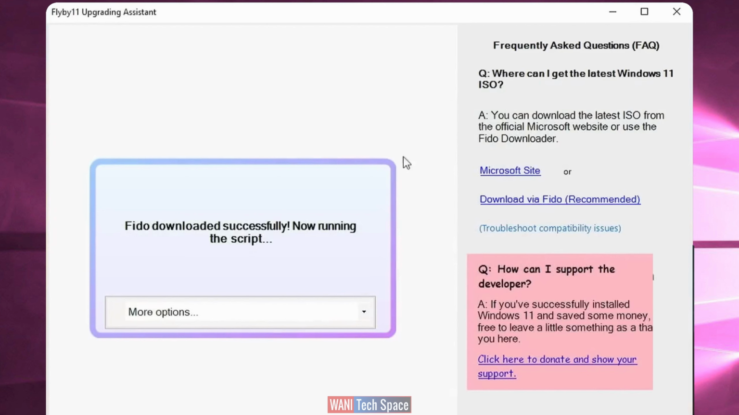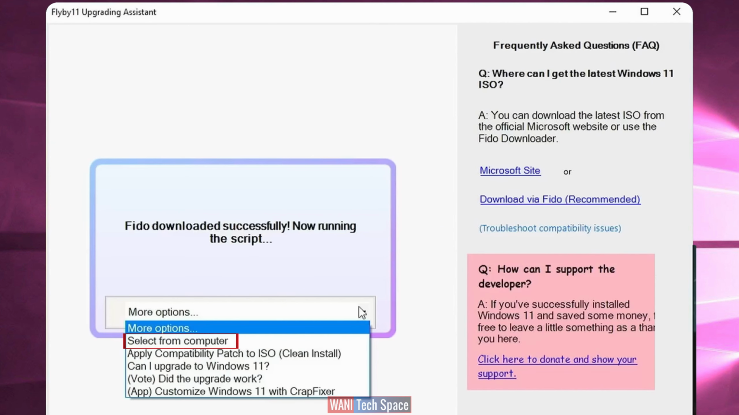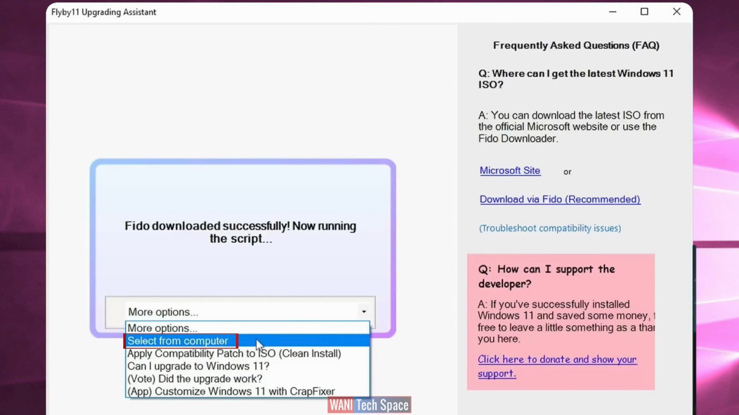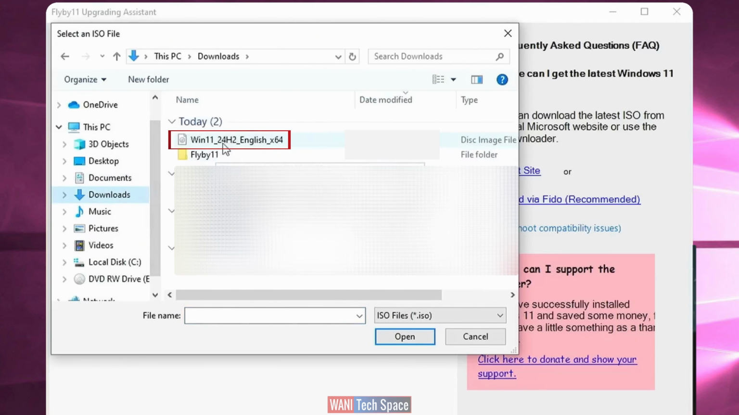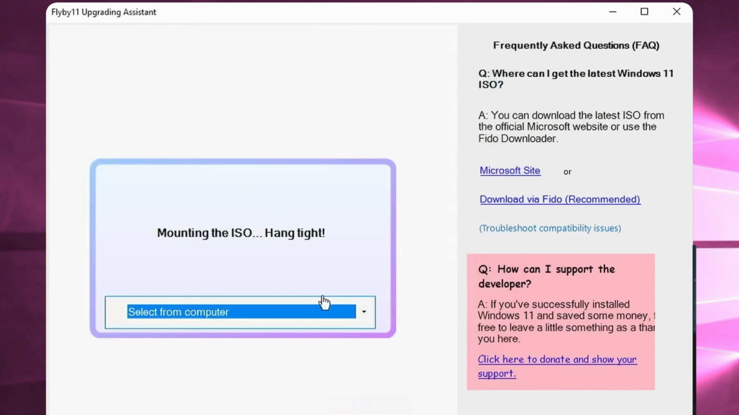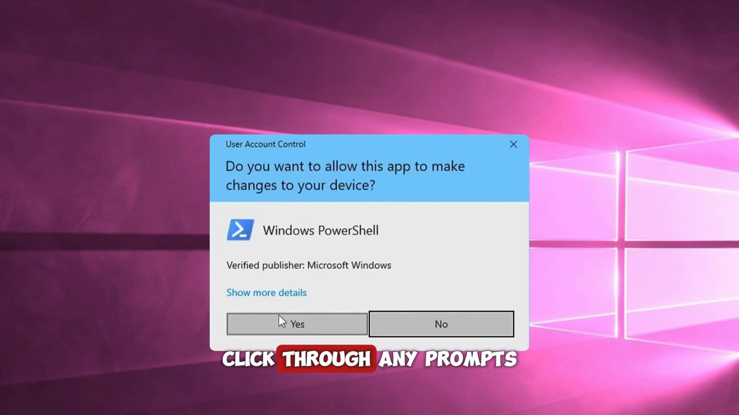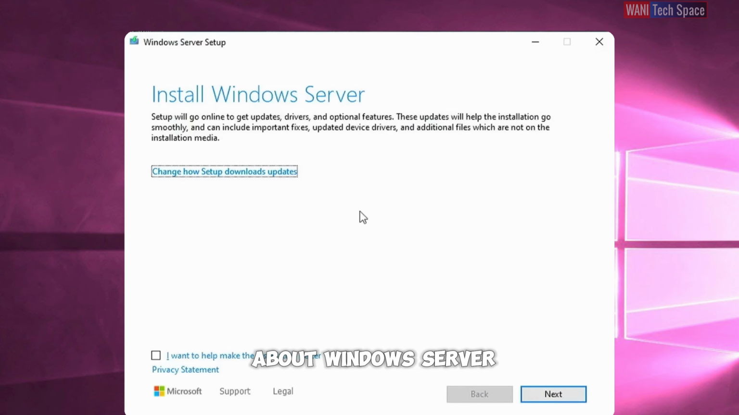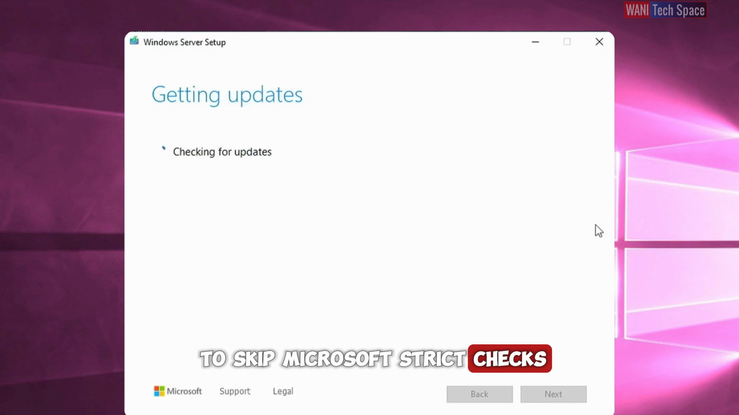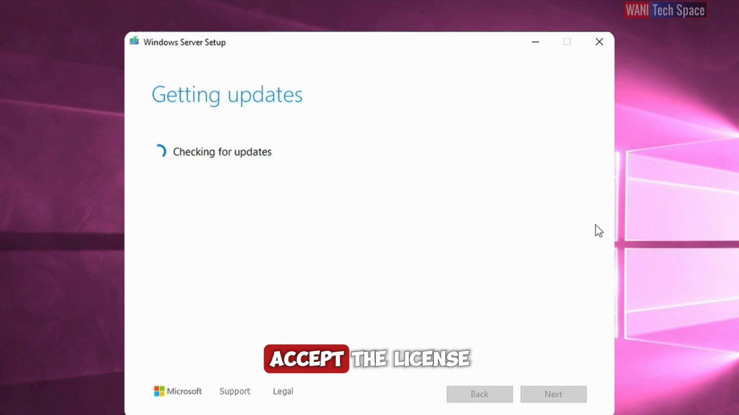Back in the app, go to More Options and select from Computer, then select the ISO you just downloaded. Click through any prompts that pop up. If you see anything about Windows Server, don't worry. It's just a trick to skip Microsoft's strict checks. Let it search for updates, accept the license,